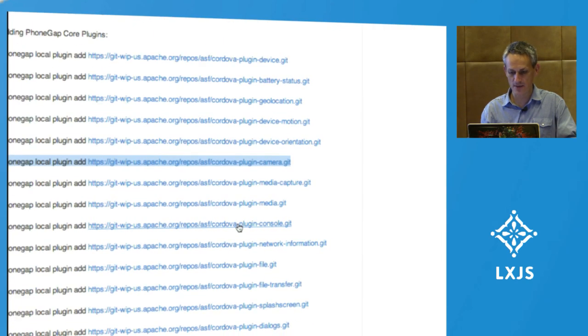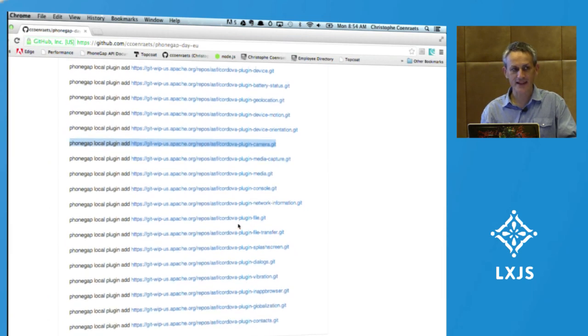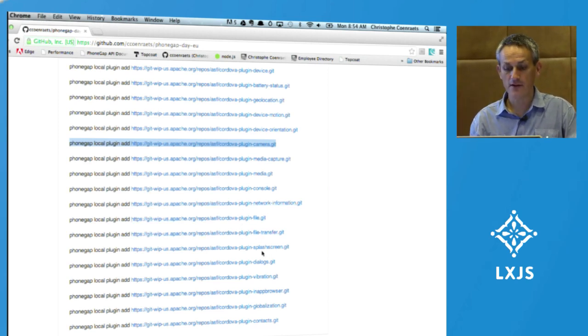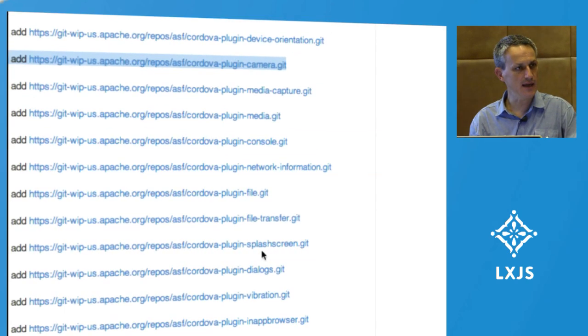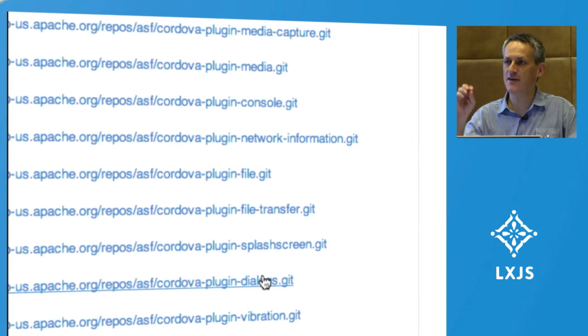So that one I recommend you always install, at least during development. Network information, file and file transfer. Splash screen is actually a plugin, so you need to install that if you want to be able to have the native